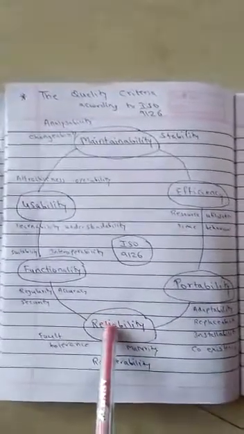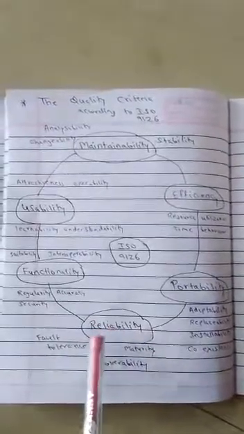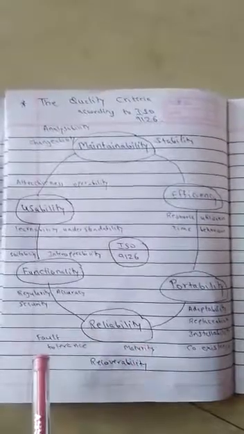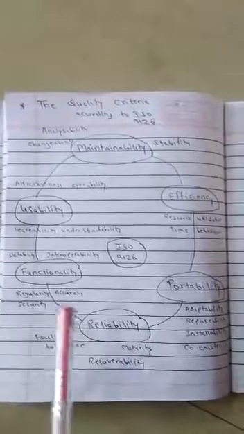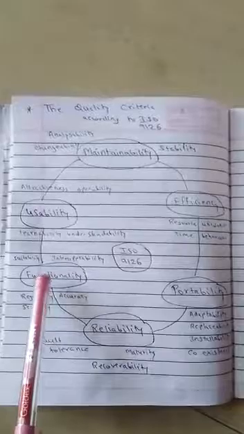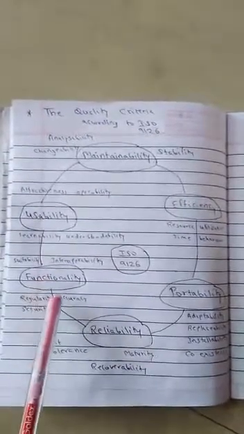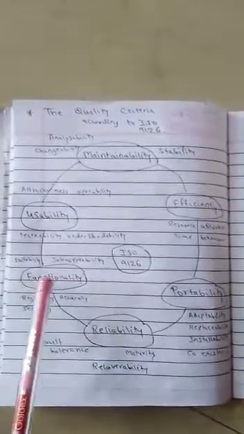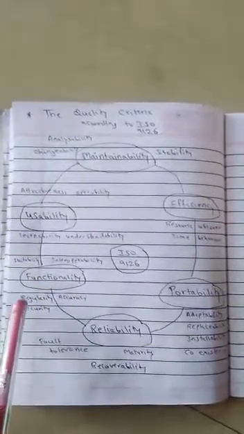First is your reliability, means how reliable is your software product. To define the reliability, we have to measure different things like fault tolerance, maturity, and recovery. According to these values, we can define the reliability of your software product. Second is your functionality: how good features the software product has, how accurate it is. To measure this we have to measure the accuracy, security, interoperability and suitability. According to these different values we can define the functionality of your software product.